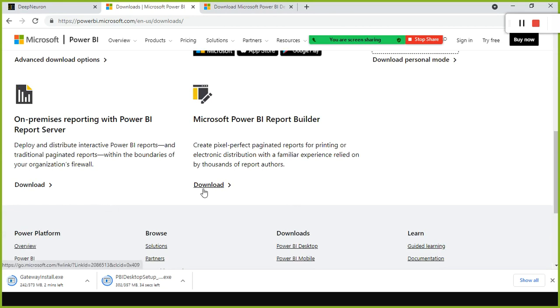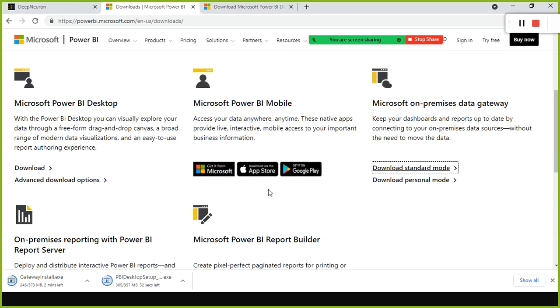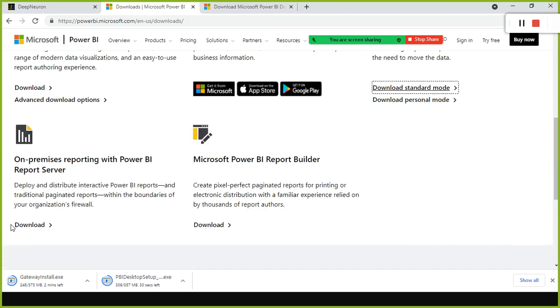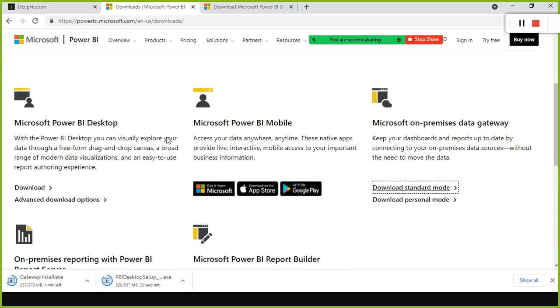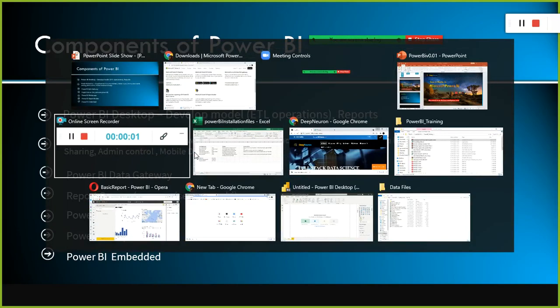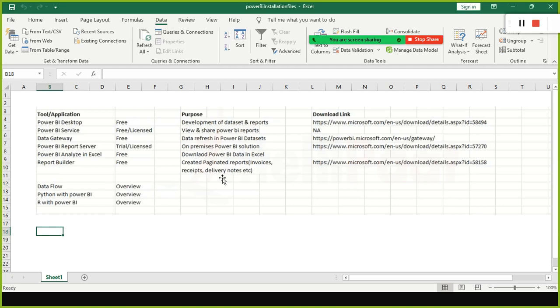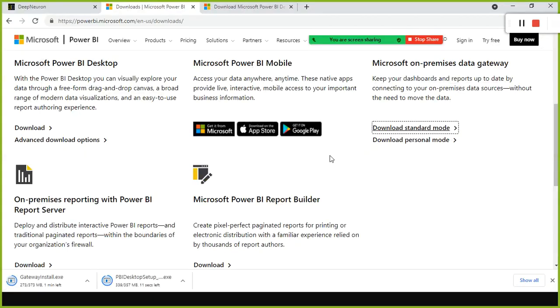Report Builder. You download Report Builder, and you can also download Power BI Report Server. Okay, that's all. You don't have to download anything else. Report Builder, Report Server and Data Gateway also. Yeah, you can download the data gateway also.